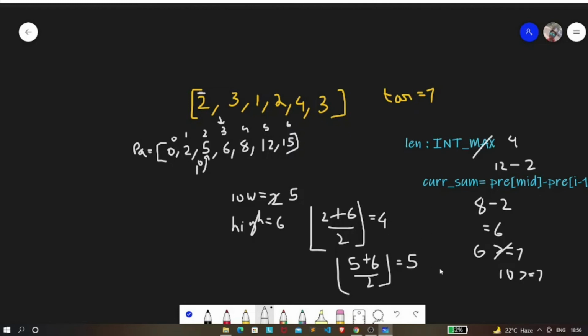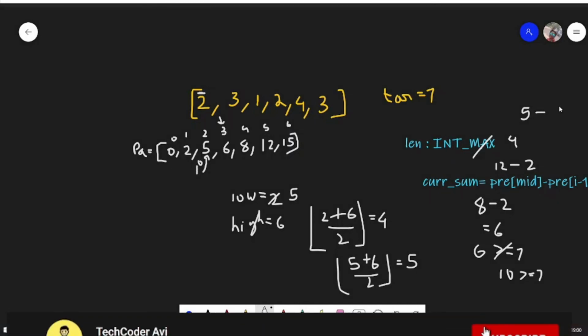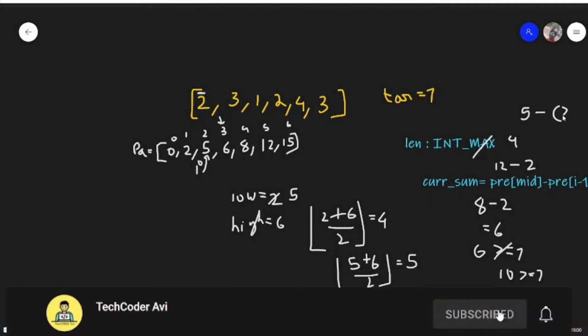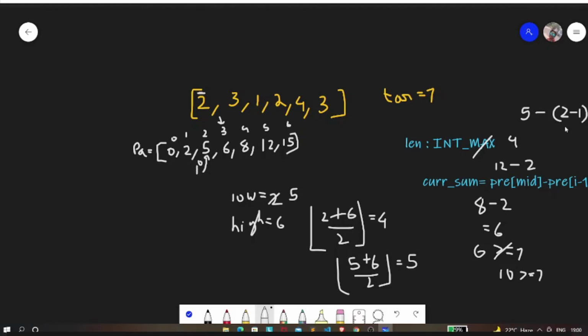Now what is going to be the length? Our mid is 5. So if we subtract I, it is 5 minus I plus 1, where I is 2. So 5 minus 2 plus 1 will be 4. Since it is already 4, it doesn't make any sense to update it, so it will remain as 4.